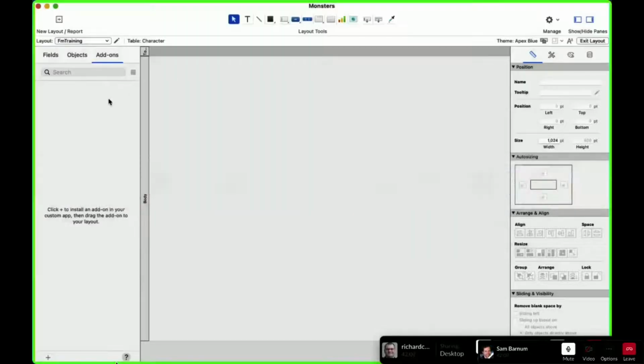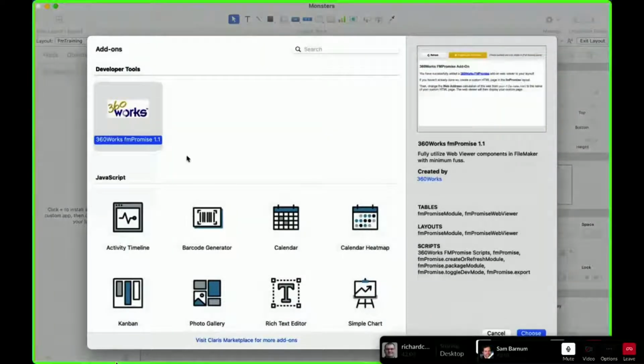Then once you do that, you restart FileMaker. Then any solution you want to use it in, you come to the add-ons and say, I want to add this 360Works fmPromise. They're on 1.1. It tells you the tables and the layouts it's going to add, and then the scripts. It doesn't actually list the custom functions here, but there are two of those.